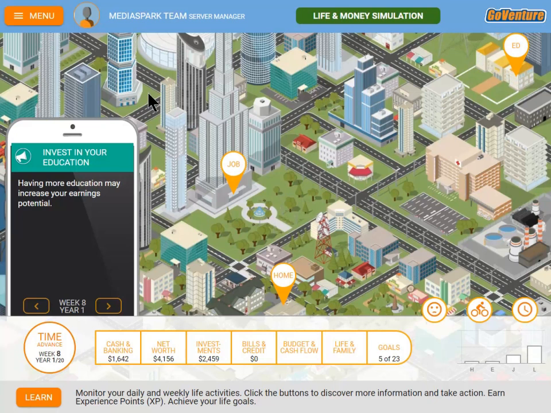So, we've reviewed GoVenture and all of the many resources and components involved with the program. As you can see, it is very comprehensive, and you can take the path that we've recommended for you, or take whatever path is most comfortable for you. Our hope is that you will gain the insight and the wisdom to make the best personal financial literacy decisions you can make to achieve your goals in life.